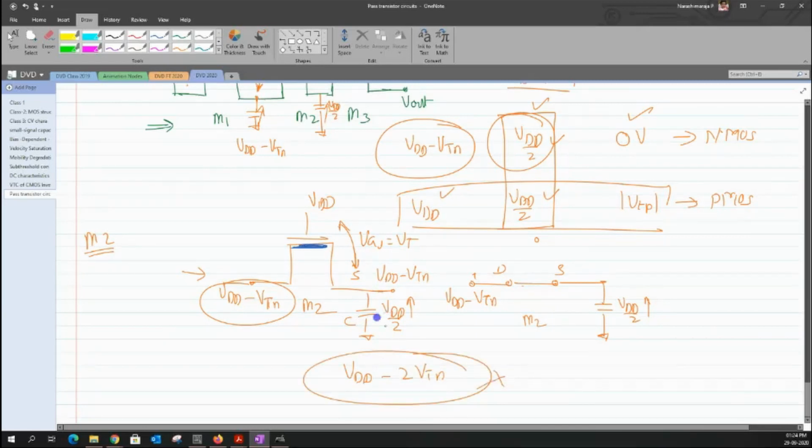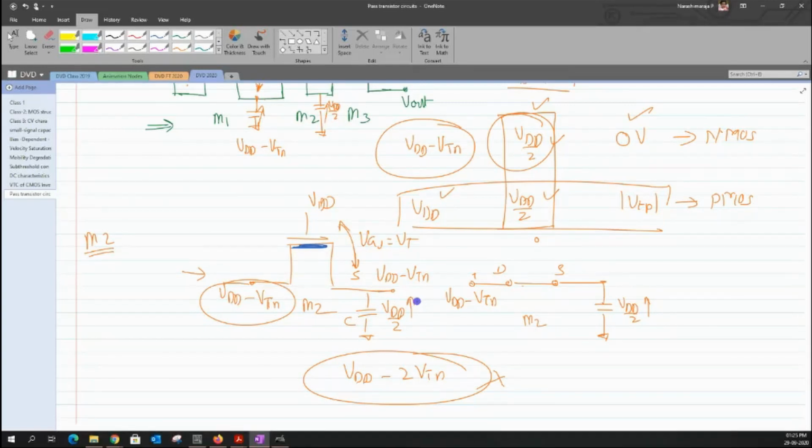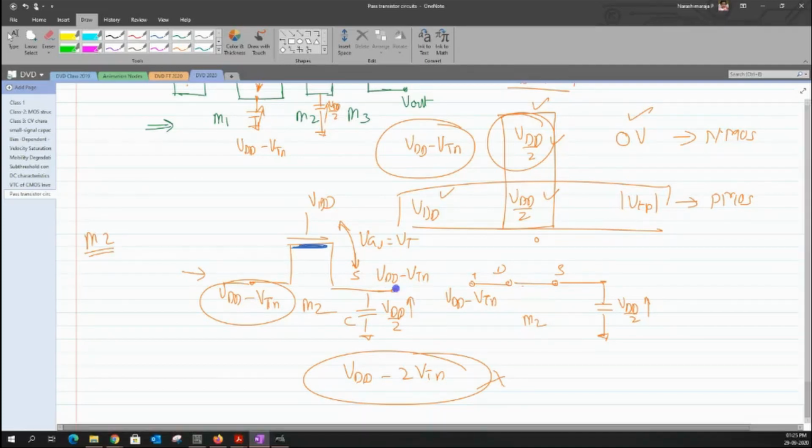The only thing is that fix this value and see whether you can translate all the voltages, or what is the maximum voltage it can get translated. So for the second transistor, you can have the source and drain interchangeable, but it is always better to have it on the right side. Because if I assume this, then as I said, whenever we have the value of VGS equal to VT, the channel ceases to form, due to which this condition cannot be applied for this.